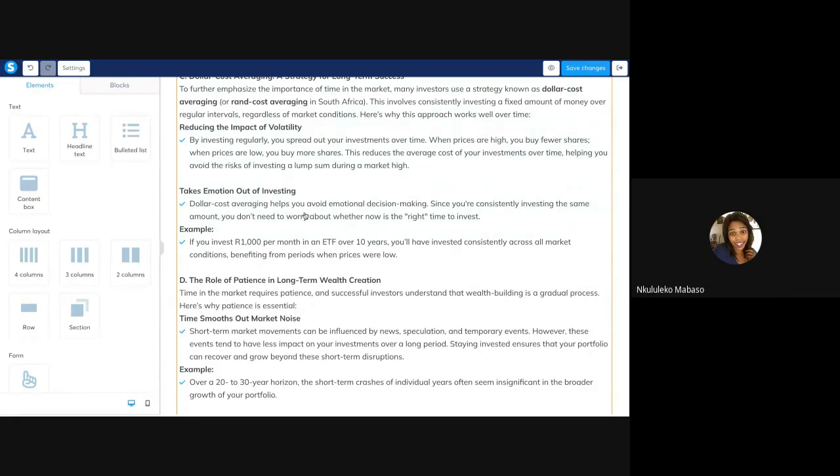My understanding from this is that I shouldn't panic. If it goes down, it's like, okay, I'm looking at the long term anyway. I'm not in the business of let me sell when it's too high. I'm in the business of let me keep this for some time. It will get better because the graph shows it's not always down. There will be a time where it will go up.